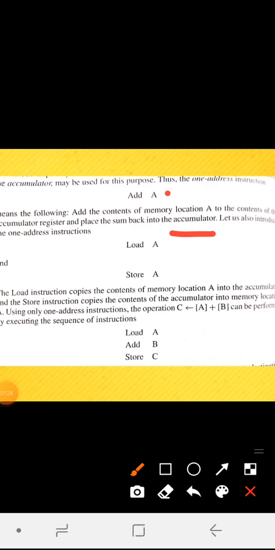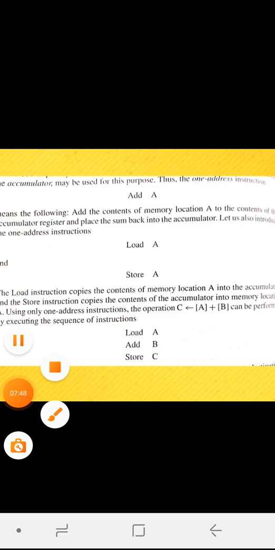The same one address instruction can be loading and storing. Loading means moving the content present in memory location A to the accumulator, and storing means moving the content of the accumulator into a memory location. This is about loading and storing.